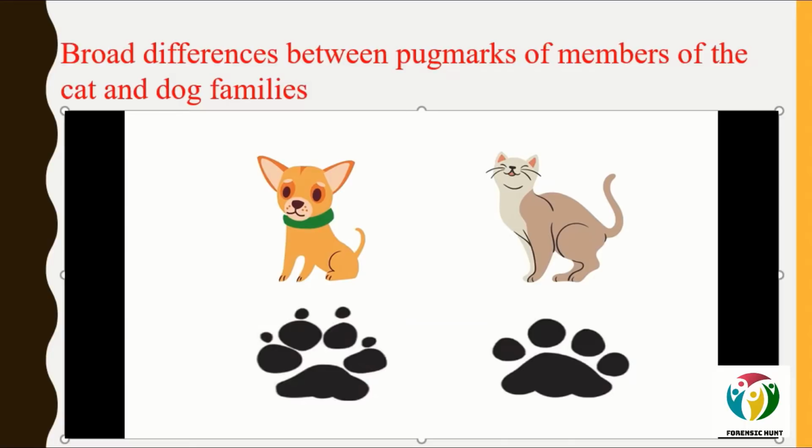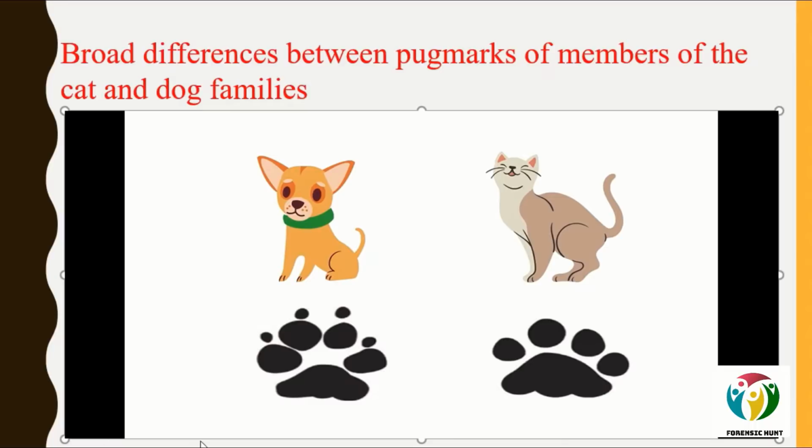The next difference that you would be able to see through the picture itself is the gap. Here you can see that there is a huge gap between the toes and the pad of the dog, whereas it is not the case with the feline family. So you can say that in the dog family, except in the case of hyena, the gap between the top of the pad and the two middle toes is distinctly more than what is found in cats. So this gap is way more than what is present in the family of a feline.